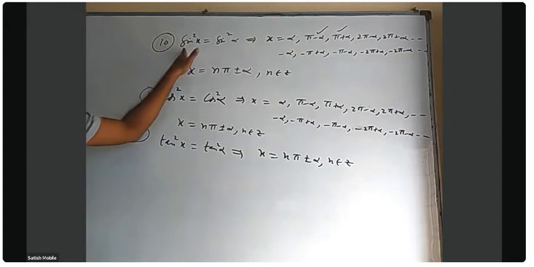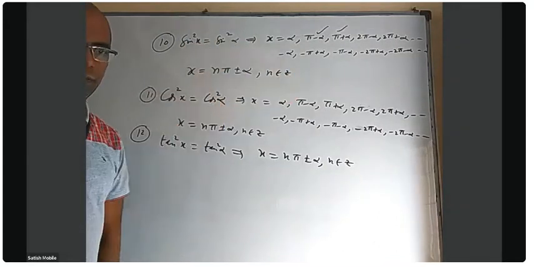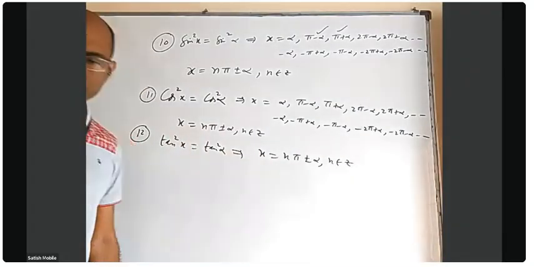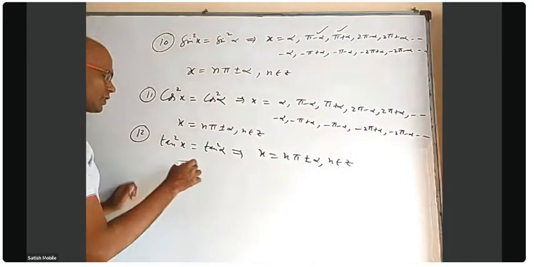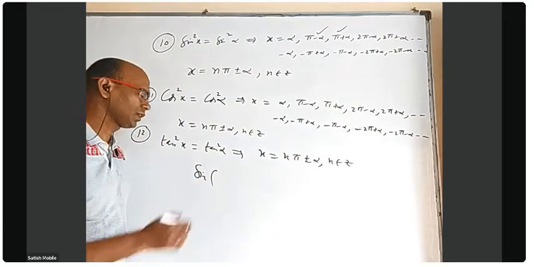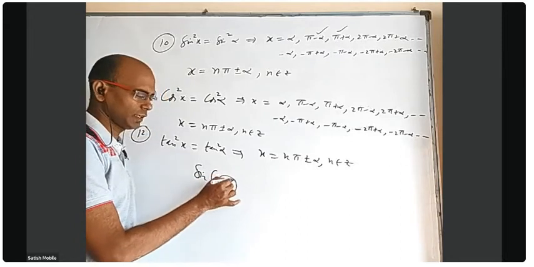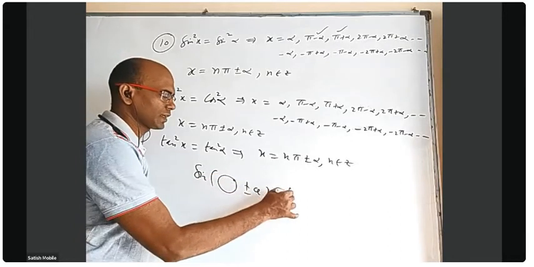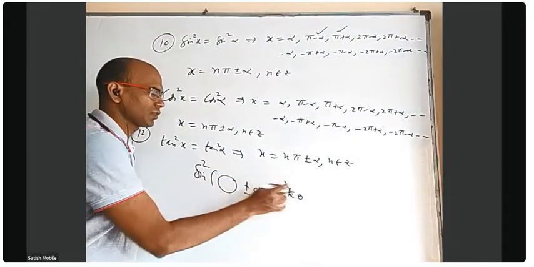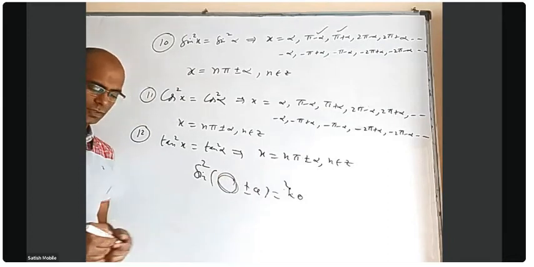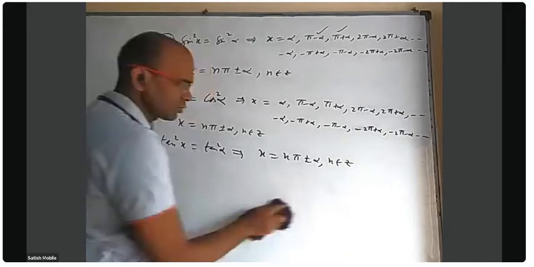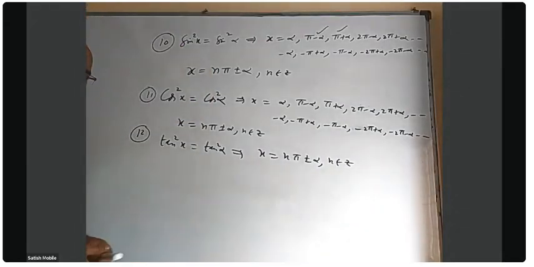In fact, if they ask cosecant square x equal to cosecant square alpha, also same solution. Secant square x equal to secant square alpha, same solution. Cot square x equal to cot square alpha, also same solution. The main point is that in the beginning when you learn sin 180 plus theta, 360 plus theta, 270 minus theta, as long as it is a multiple of 180, plus or minus theta doesn't matter, we get the same sin theta. It may be plus, it may be minus. So if you want a square here, then this should be a multiple of 180. That's the main point. Okay. How to use these formulas in the questions? We'll see. Only 3 more formulas will be done.